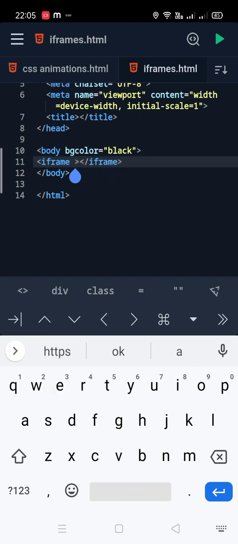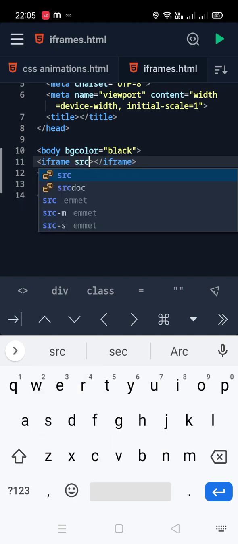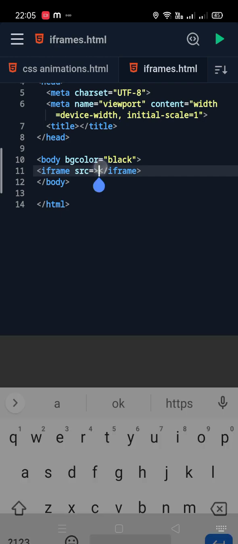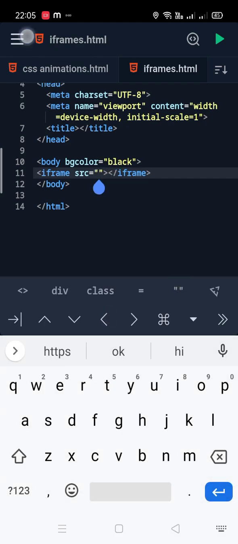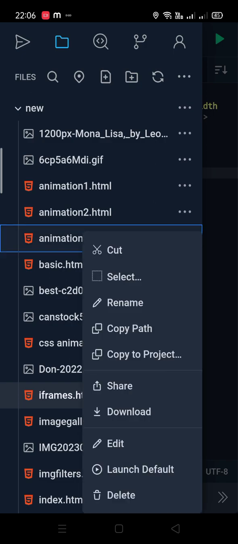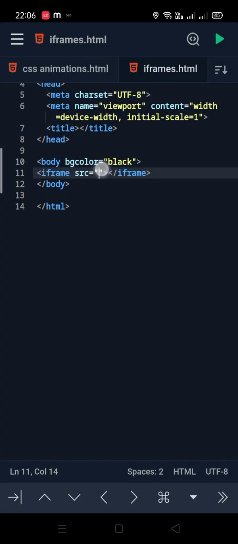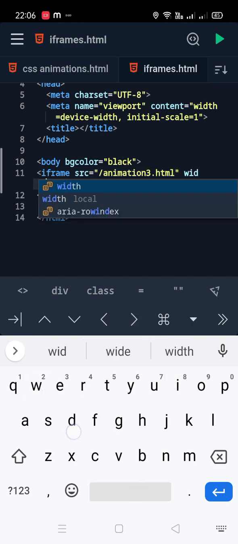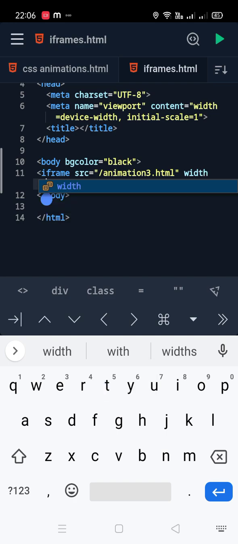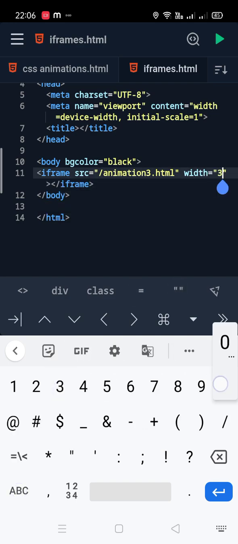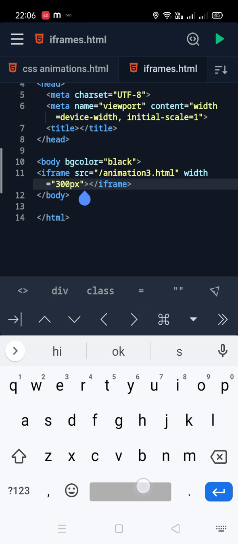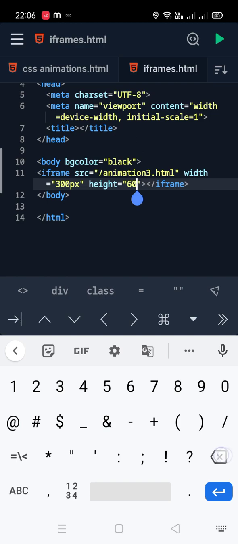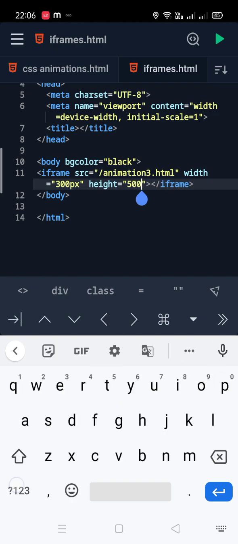So here I am giving the link or the path of another web page. Okay, so for this web page I am giving the width of 300 px and height of 600 px. Okay, let's take 500 px,